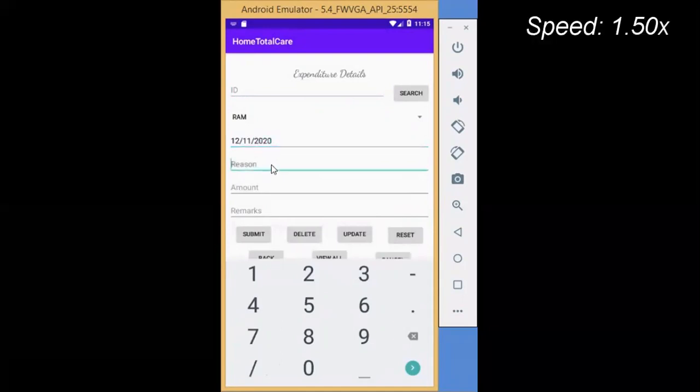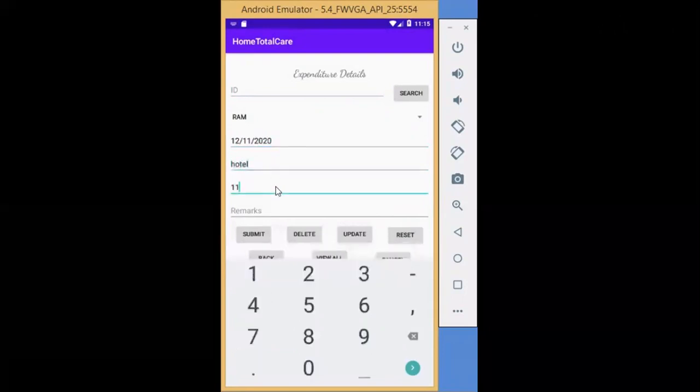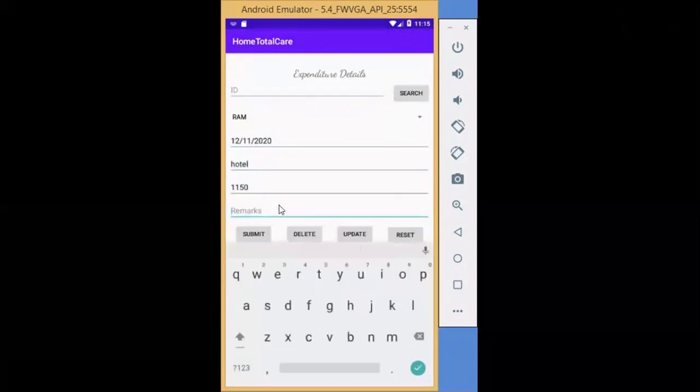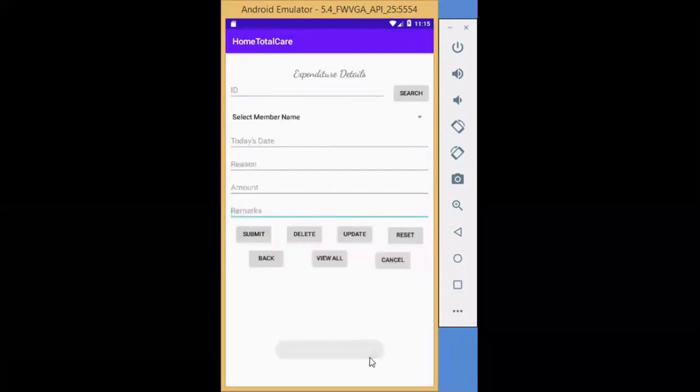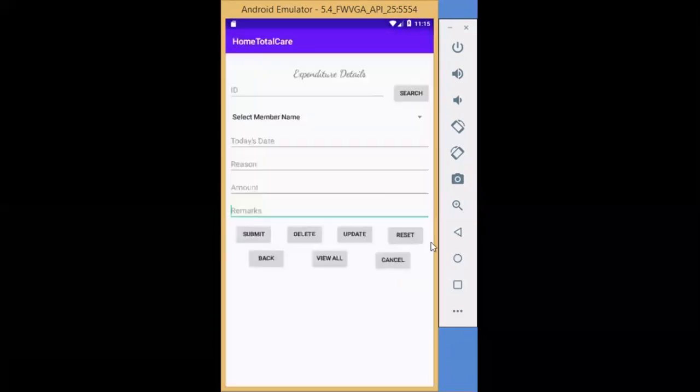Okay, just give the reason, for what reason you have spent money. Okay, suppose hotel, 1150, remark that is party, suppose. You have to just click on submit. The record will be submitted successfully. If you want to see, click view all, just check it out.